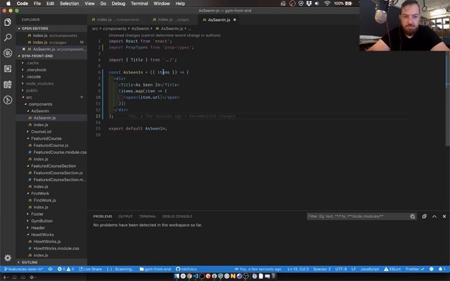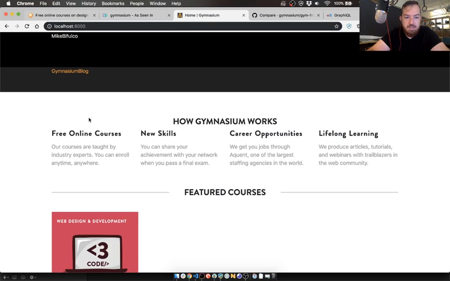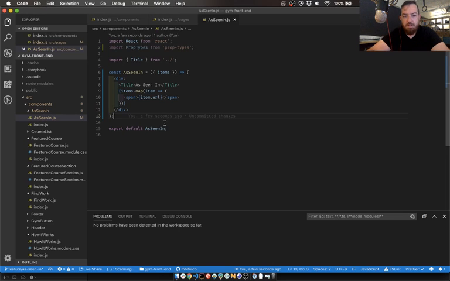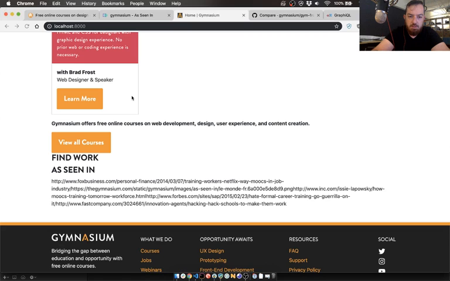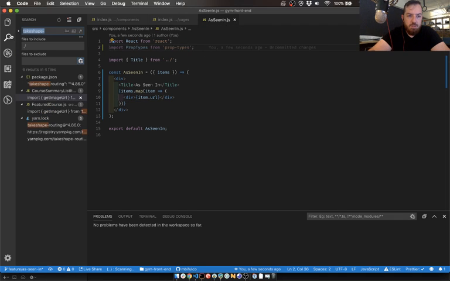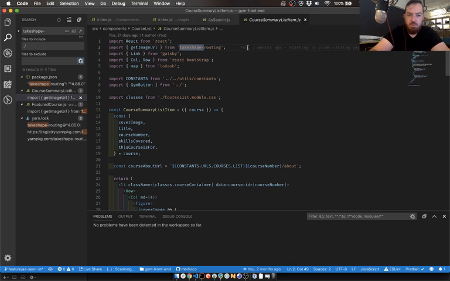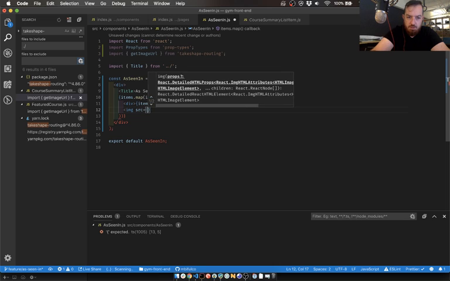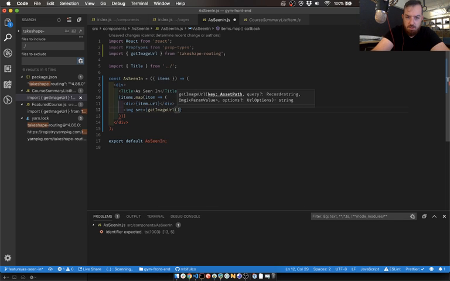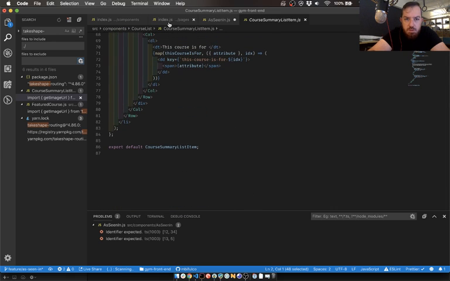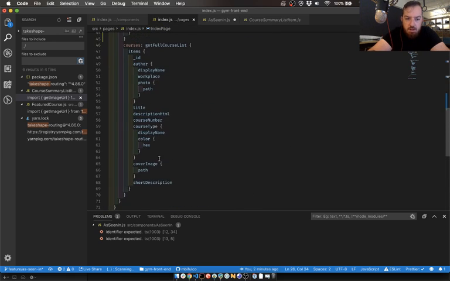Great. That might list something. It might have just broken everything. No, there we go. There's my URLs. I see, and they're all spans, so they're on the same line. There we go. My nice URLs. We're going to copy this because we're going to need to get the image URL from take shape. We're going to do img src equals get image URL. And that's going to be item dot item dot cover image dot path